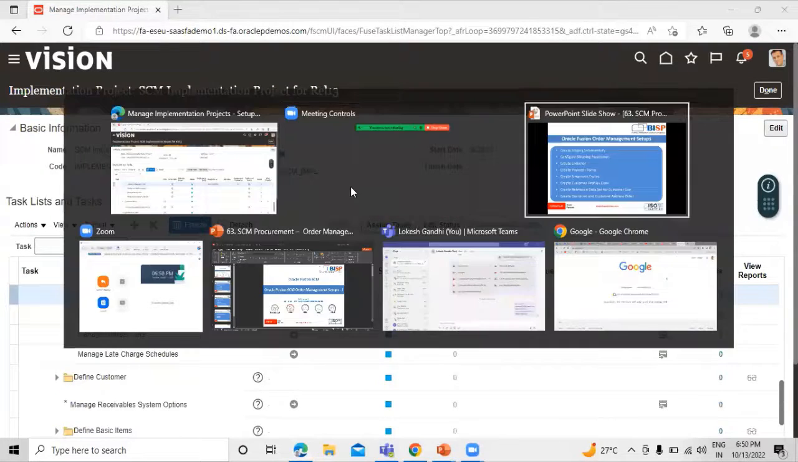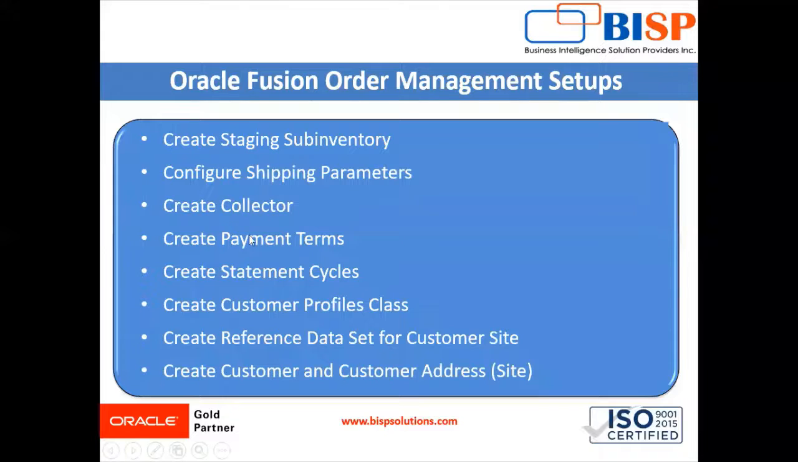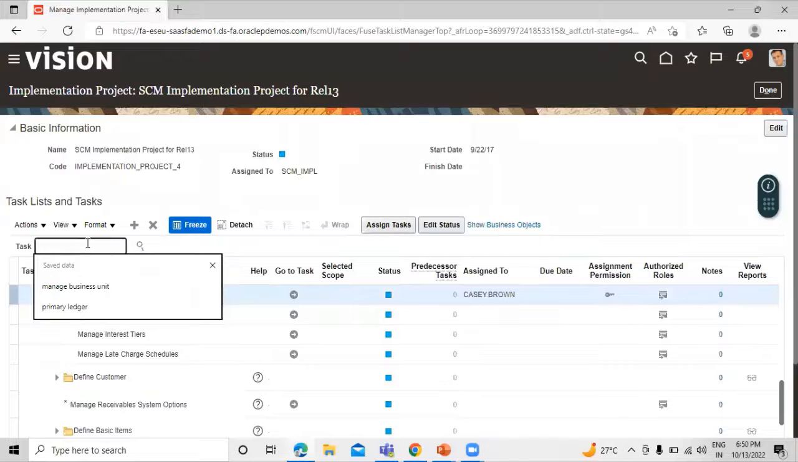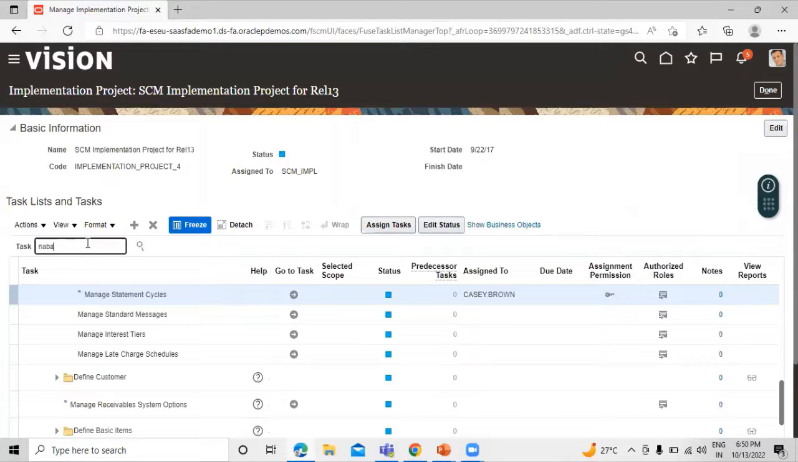So we have created so far the collector, payment term, and statement cycle. Let's create the customer profile class, reference data set for the customer side, and the customer and customer address, right? So create the customer profile class. In order to create the customer profile class, we have to search. The task name is